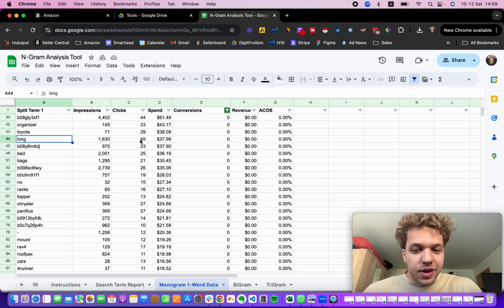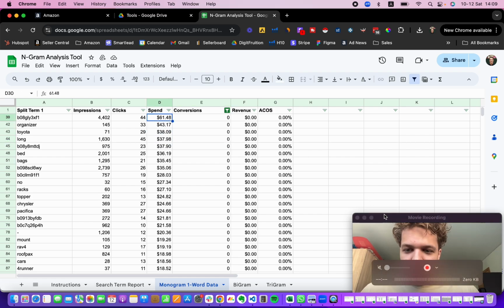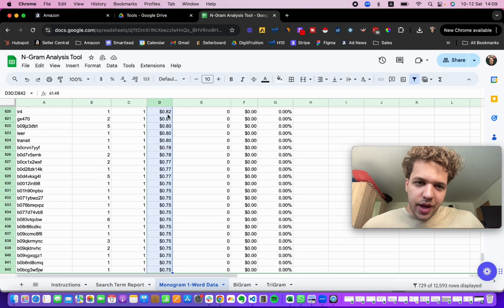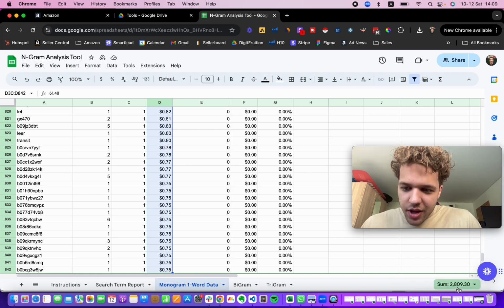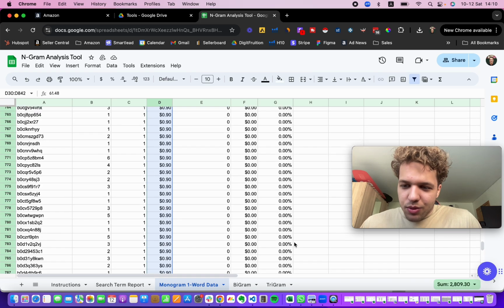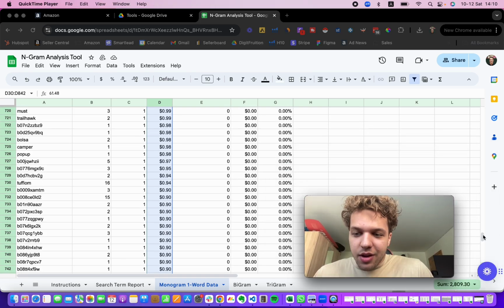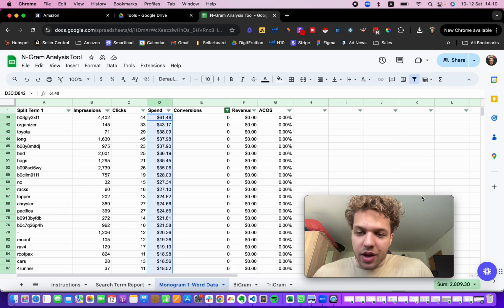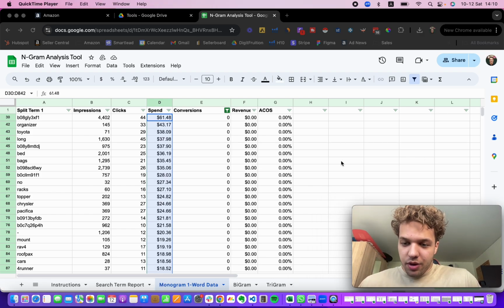Long might be something that I want to really take a look at, and I might consider excluding this word specifically because, as you can see, it makes up 45 clicks, but at this point it hasn't really brought in any sales for us. And yeah, it's just wasting a lot of money. So if I were to actually sum up all of these numbers or this spend, you'll see that the sum is $3,000, right? So this is just remarkable, and this is a massive amount of money that I'm throwing down the window because I am not really acting on these search terms at the right time to eliminate the